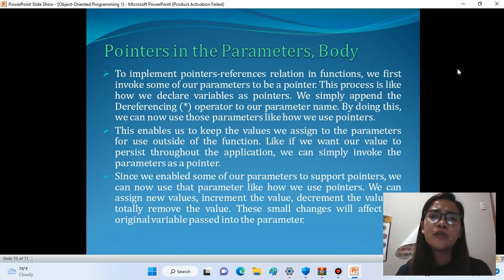Pointers in the parameters body. To implement the pointer-reference relation in a function, we first invoke some of our parameters to be pointers. This process is like how we declare variables as pointers. We simply append the